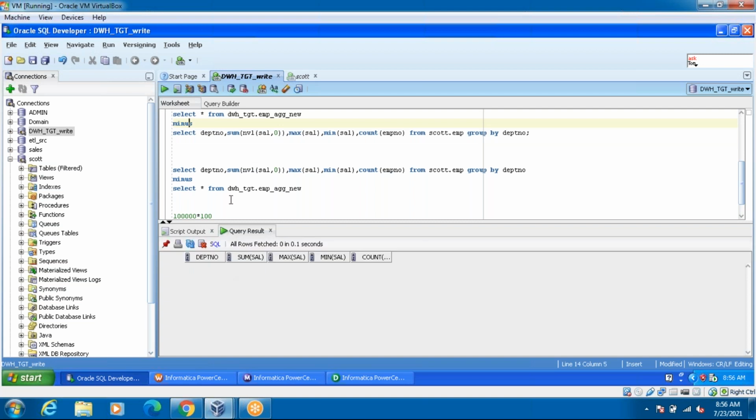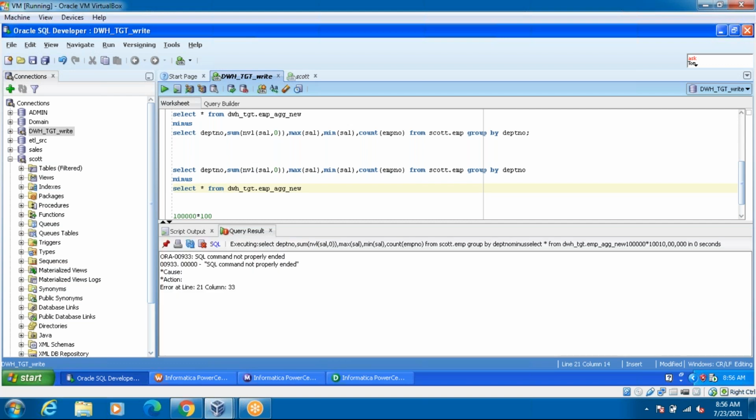See, now it's exactly matching, because we ran the job. I'm executing the source minus target also.